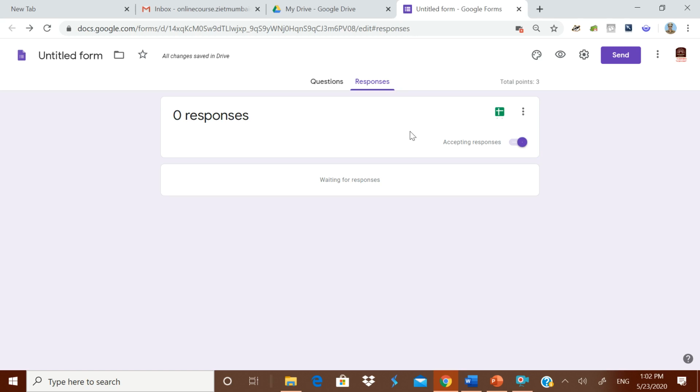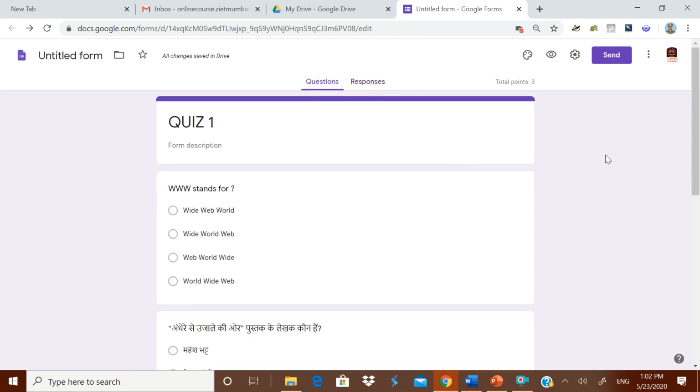Okay, another very interesting thing about this Google form converting into quiz is, those who are using Google Classroom for online teaching, this Google form quiz is already embedded there. They can directly click it, they can create a quiz, or they can give a link to a quiz already made. It's a high advantage there.